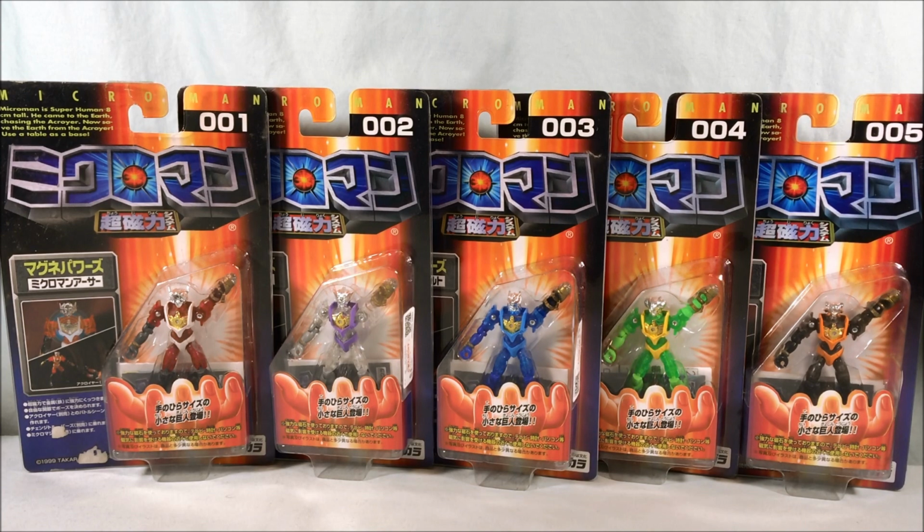Have something a little out of the ordinary today. Today we're taking a look at the first 5 figures from the 1999 series of Microman figures. This is a subline called Super Magnetic Power System, often just called Magne Powers for short. But basically, Microman was a thing back in the 80s. If you're familiar with the history of Transformers and all that kind of stuff, I definitely urge you